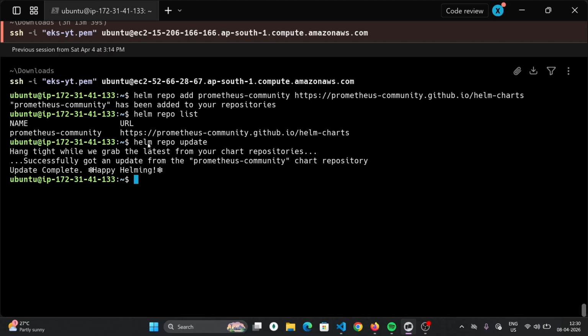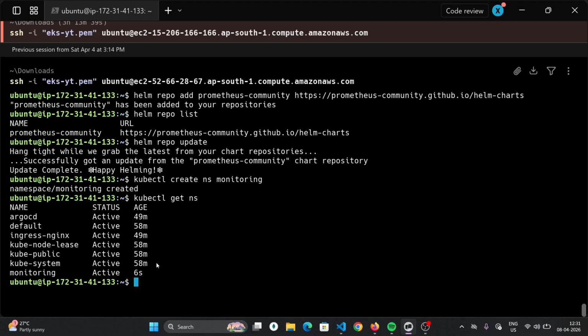Now we have to install this chart into our Kubernetes cluster. Before installing, let's create a namespace. kubectl create namespace. Let's say monitoring. Namespace created. kubectl get namespace. Monitoring namespace created. Next command we will run Helm